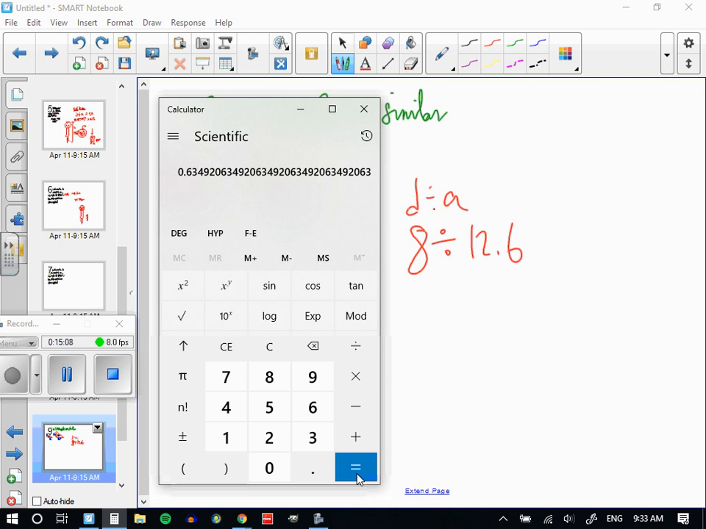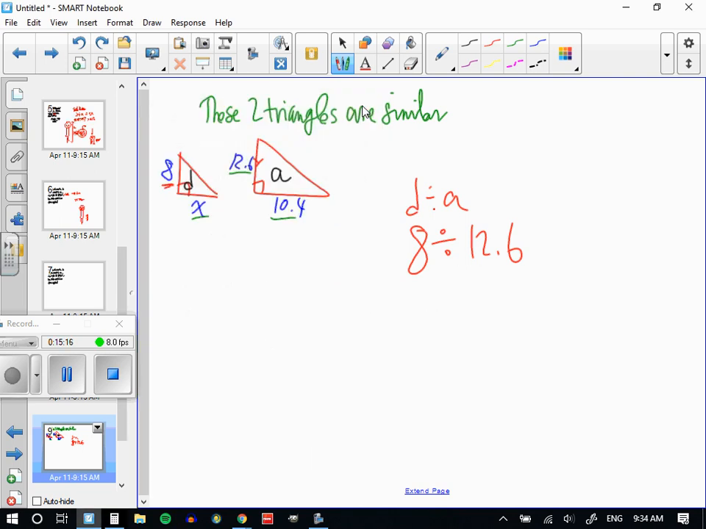Wow, look at those decimals. So right there, if we look at that, 634920, 634920 repeating is the scale factor. Okay. So that means that I multiplied this by 0.634920 to get 8. And therefore, in order to find the other missing value using scale factor, I'm going to have to go